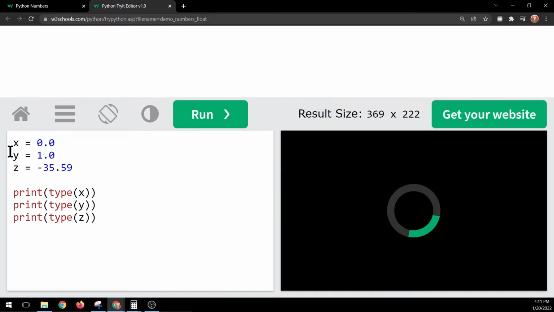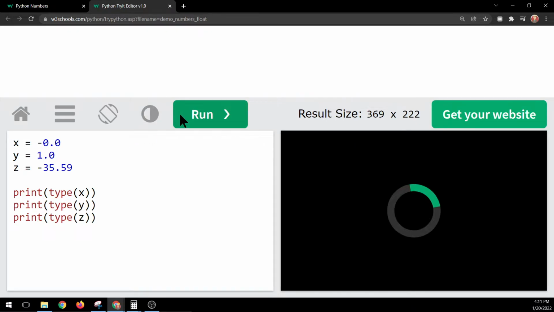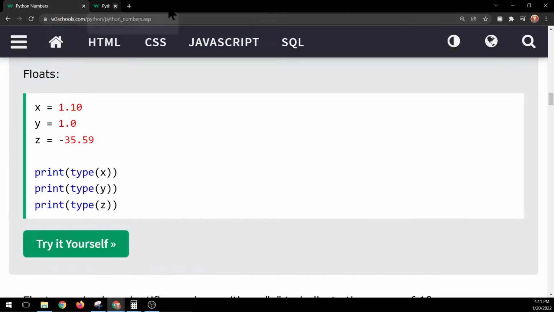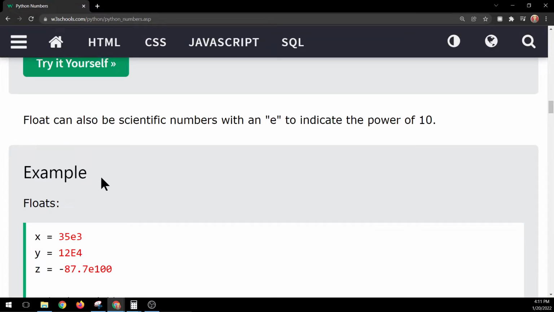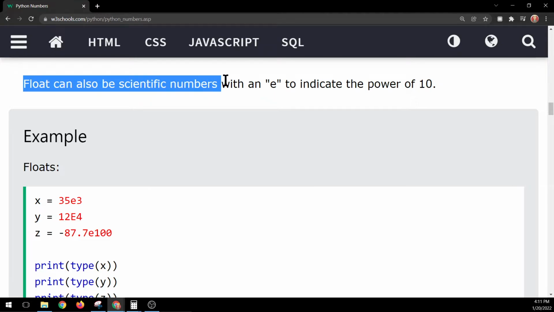What about 0.0? What's this? Probably float also, right? Float, yep. Okay. So let's try that. Any number with a decimal is basically a float. So you could try this on your own, and I'm going to move on to the next exercise. Oh no, here. The next exercise is that a float can also be a scientific number with an E, to indicate the